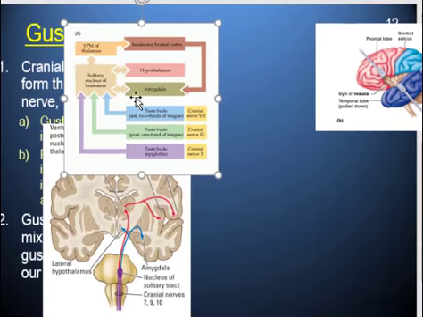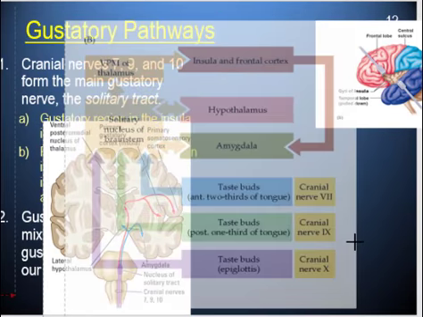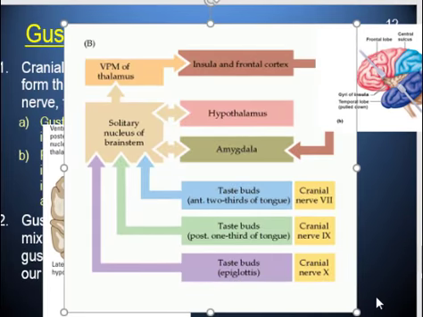All right, then the last one I wanted to show you, again, is just how my brain works. I like to see it all laid out. You've got several different cranial nerves. And again, you don't need to remember the cranial nerves. Just note there were several. Some of the cranial nerves are bringing us information from different parts of our taste buds, different parts of our tongue and mouth. All of that comes together, ultimately sent to the brainstem. Some of it, again, cheats, and goes straight to the amygdala and the hypothalamus.